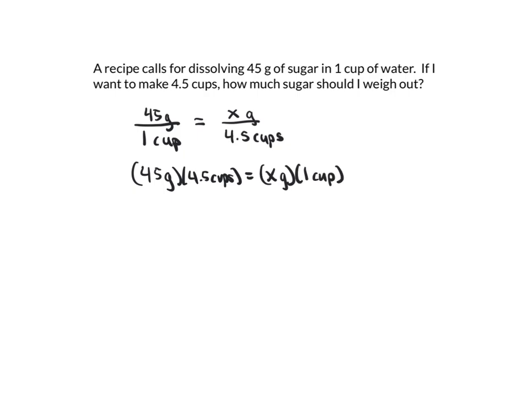And so what I'm going to do is solve for x. So I divide both sides by 1 cup. And when I do that, I can divide out the 1 cup on this side, leaving x grams. And so now I just have to do the multiplication and divide by 1 over on this side to get my answer. So 45 times 4.5 divided by 1 is equal to